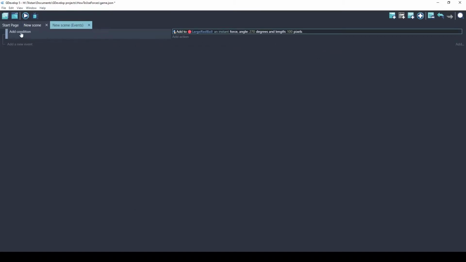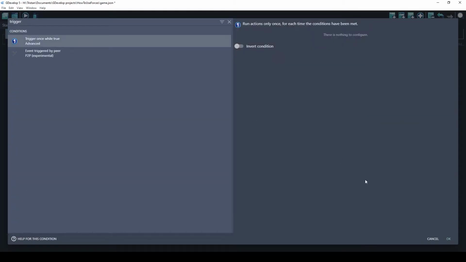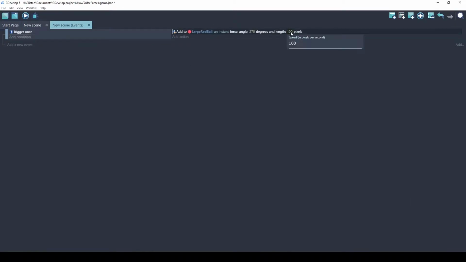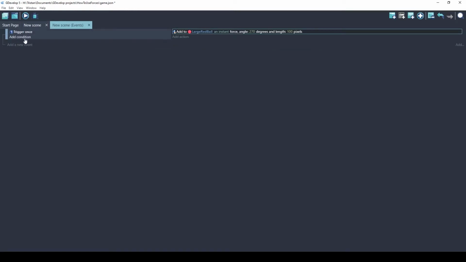Let's see a little bit more about what happens if we do a trigger once. So we're going to see what happens on one single frame. So instead of 60 frames per second, we're just going to do, let's just leave it like this. You probably won't even see it move. Yeah, see, it moved once. In fact, I wonder if I can change it to,